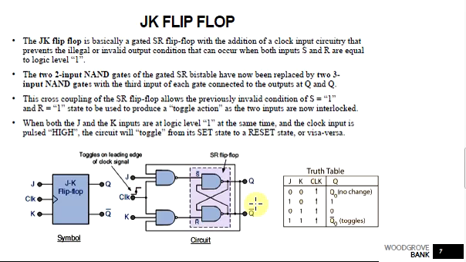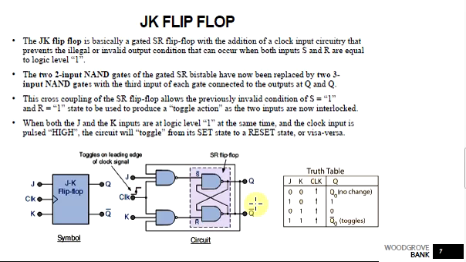and this problem can be avoided by ensuring that the clock input is at logic 1 only for a short period of time, but that is very difficult. If you want to reduce that, the frequency of the clock pulse has to be changed according to our design, which makes the circuit more complicated, and it is not easily achievable.